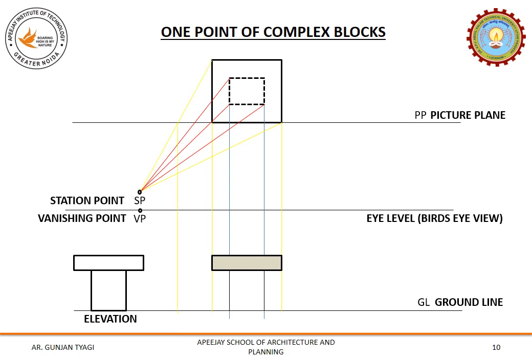After joining all the points, from the picture plane I'll start extracting the points and extrude them till the ground line. I'll do that for all the lines and the points I have achieved at the picture plane, so that I can achieve the object. So now you see that after achieving all the lines from the picture plane,